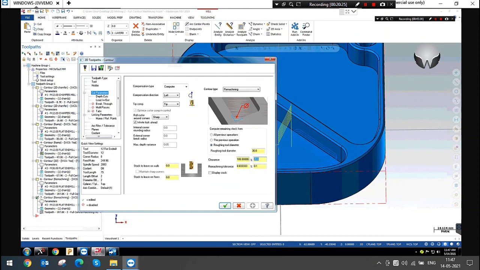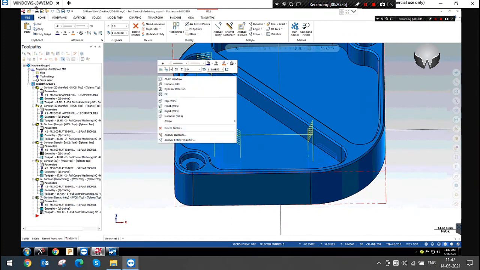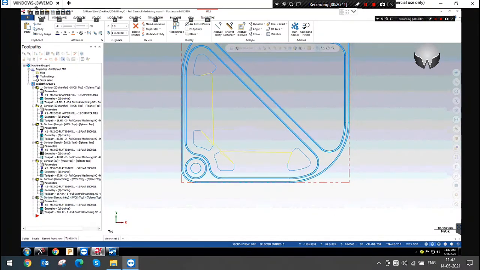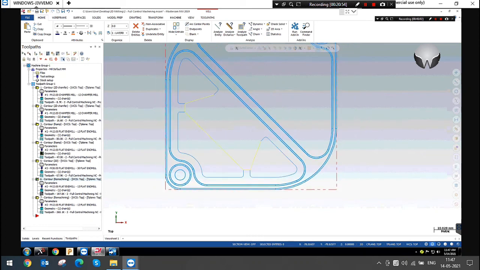I am just giving here the 2 mm. You can see the difference. So this is a 2 mm clearance and this is a 20 mm clearance. From the clearance there is a difference.